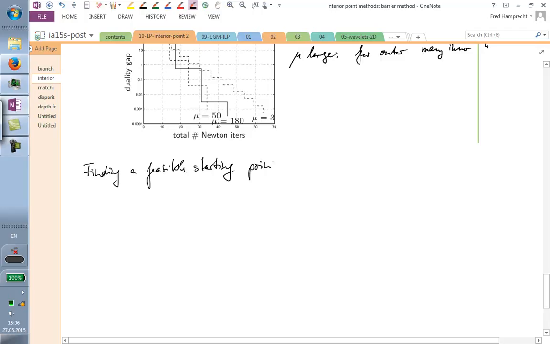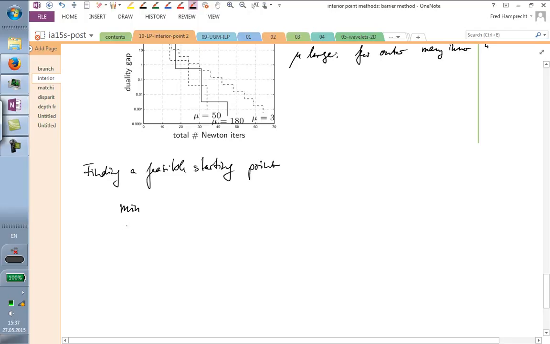We have an algorithm that needs a feasible starting point, and we use this very algorithm to find a feasible starting point, but we set up the problem in a different way, namely such that for this auxiliary problem, it's trivial to find a feasible starting point. And we use this auxiliary algorithm to find a feasible point in the first place, from which we then start the actual computation. So, Münchhausen style,